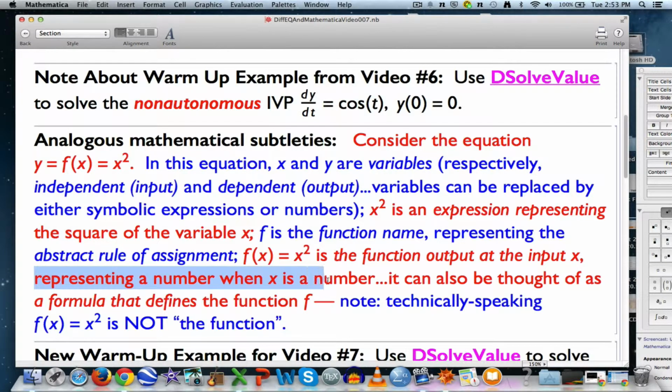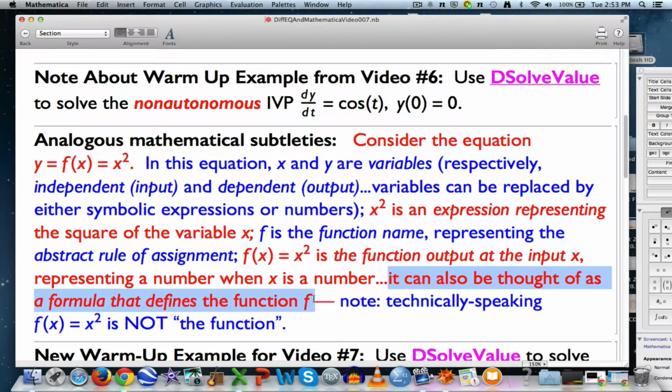It represents a number when x is a number. It can also be thought of as a formula. It's a formula that's not the function, it's a formula that defines the function. It defines the rule of assignment to take a number and square it. Okay, so those are some subtle mathematical ideas that are kind of similar to the subtle Mathematica ideas that we're now going to talk about